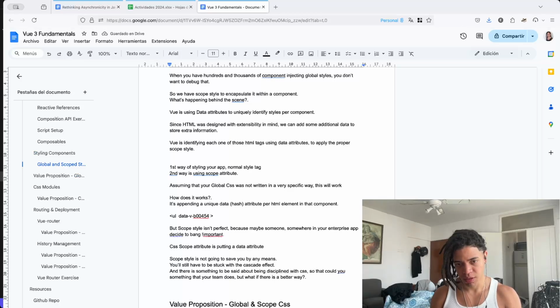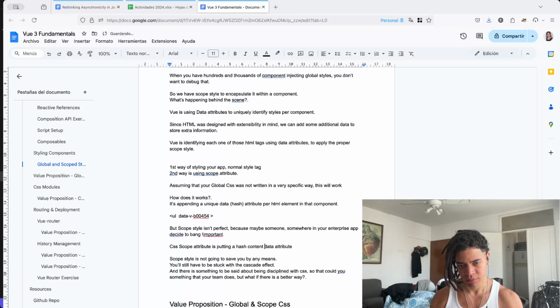So the CSS scope attribute is putting a hash data attribute here, like this. Exactly, it's putting a hash